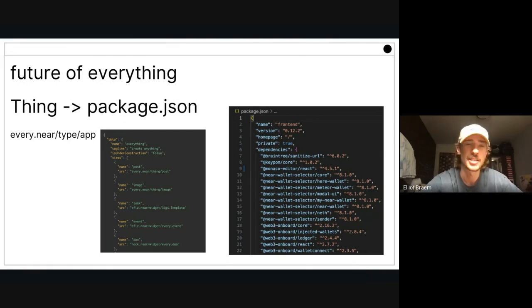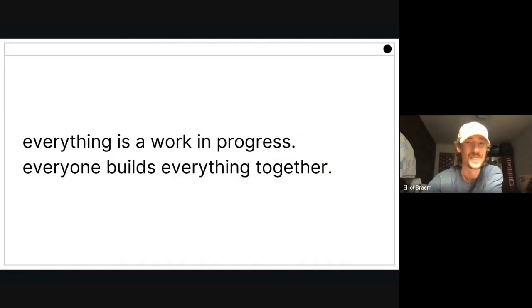It has a list of dependencies, and you could create an app type that pretty much creates a package.json, and then using the new improvements in the VM, like VM.require, which pulls in dependencies in a way, we can build apps. Yeah, we can build apps.